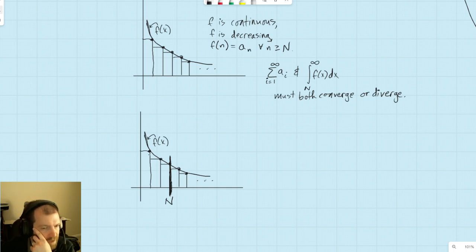I just started picking like from 1 on up to infinity because that just makes it easier. But it doesn't have to be. It can be that our function only works for some value above capital N, whatever that might be. But the main point here is really that if you're looking at a particular function whose sum is going to converge over time,